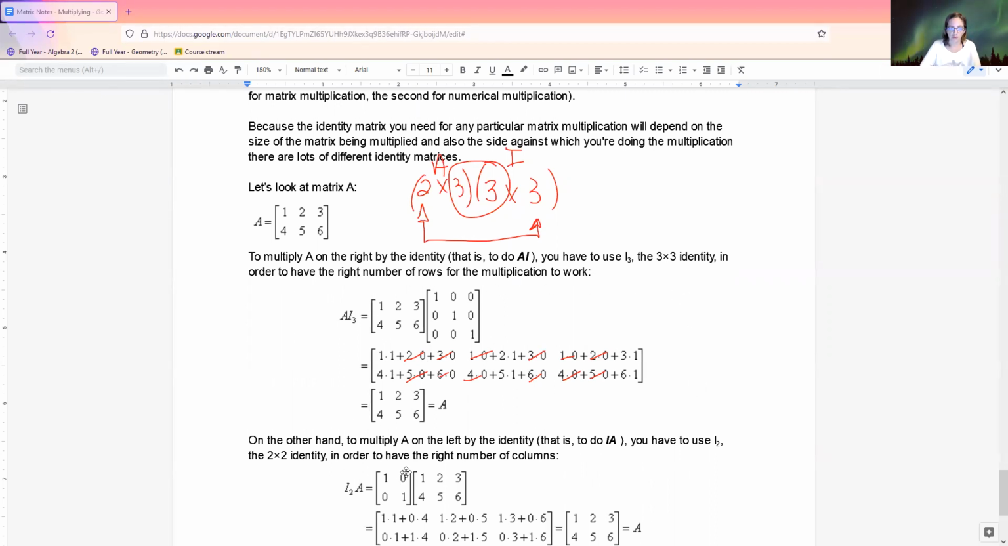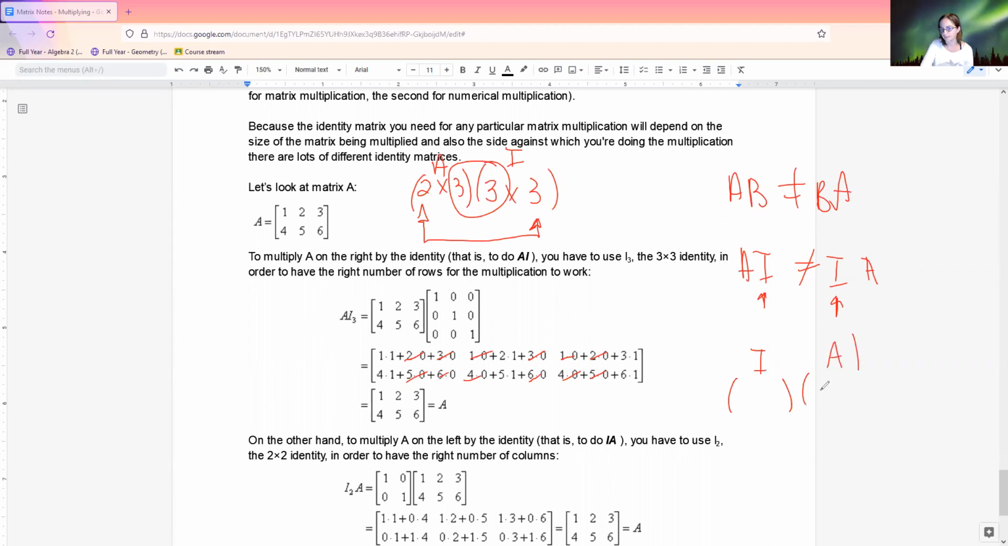On the other hand, if I wanted to multiply I times A, remember back at the very beginning of matrix multiplication, I told you that AB is not the same as BA. Well, that means that A times the identity cannot be the same as the identity times A. If you're switching the order of the identity and the matrix, you have to have a different identity for each one. But remember, identities can be anything you need them to be as long as they're square. So in this case, if we want to multiply the identity on this side and A on this side,